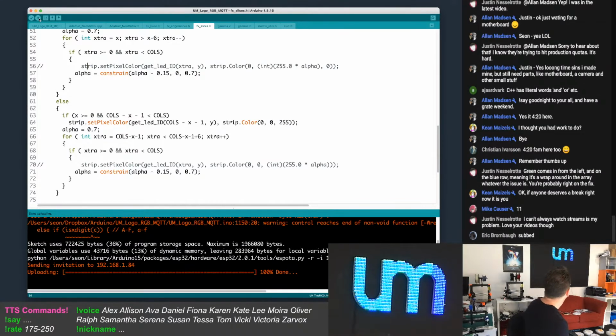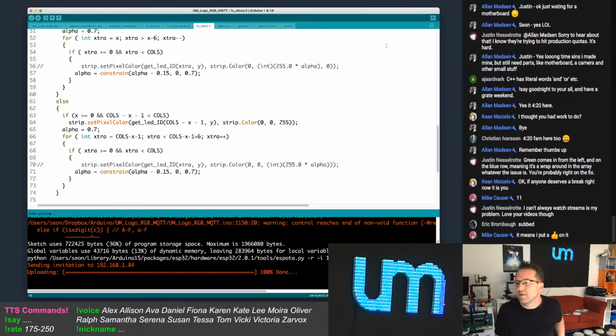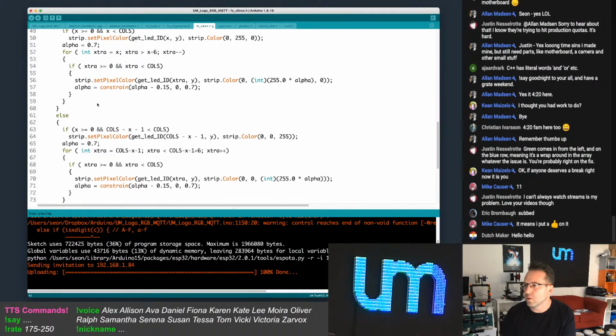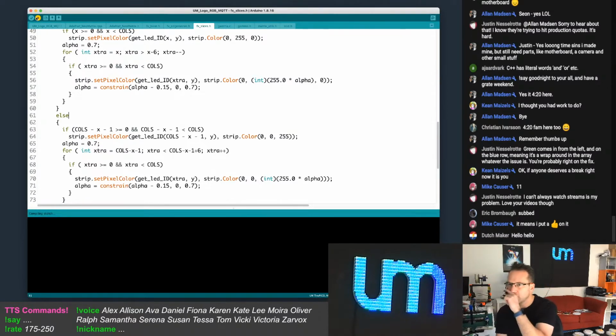Okay, all right. They're not fading. That won't work. But that's still wrapping. The blue is still wrapping. Right. I removed the fading, which means it removes the blanking out. But blue is still wrapping, so it's not working. So it's blue. So if X is greater than or equal to... Oh, wait. That's not going to work. If cols minus X is greater than or equal to 0, that's the blue side wrapping problem, I think.